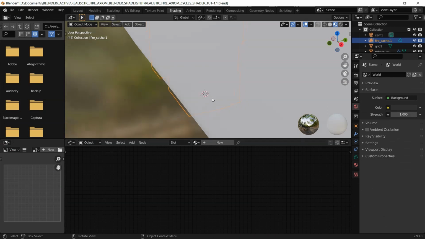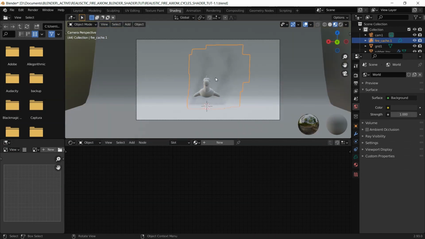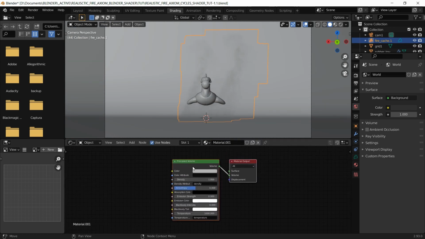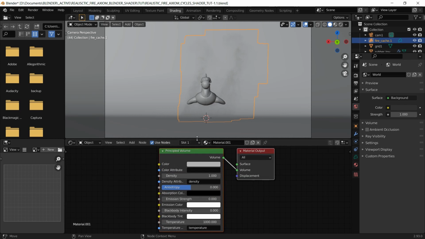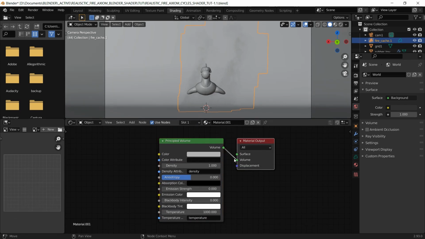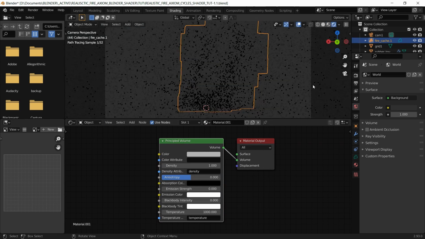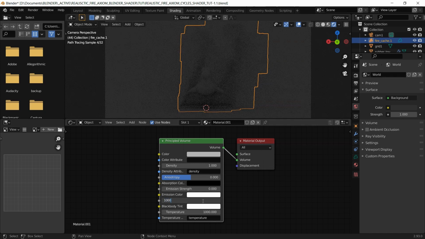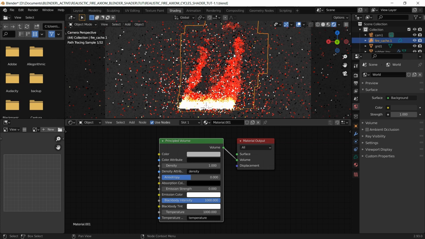All right, and click Z or 0, and it's going to come up with this, which is selecting viewport shading, which we don't want at the moment anyway. So I'm going to go ahead and click new, and it creates this Principled Volume and Material Output connected to volume. Okay, so now if I click on this, it still shows up with nothing. So if I now increase the blackbody intensity to 1000, say for example, yeah, something's coming up, but